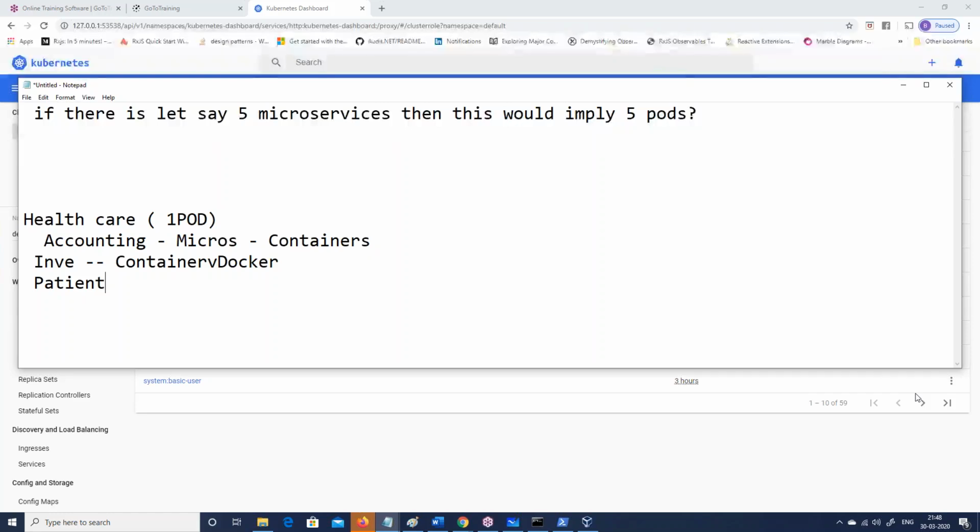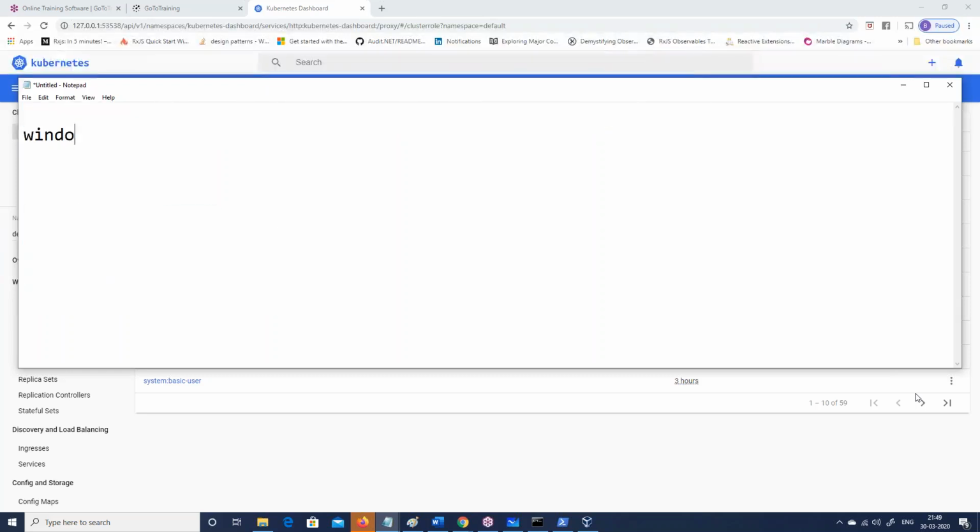I will try to see if I can do pure Kubernetes with Windows and Docker. I'll try that tonight if I can get my machine set up. I definitely want to show this pure Kubernetes with Windows, Docker, and MVC Core. But also let's look at Lux, you'll like it.